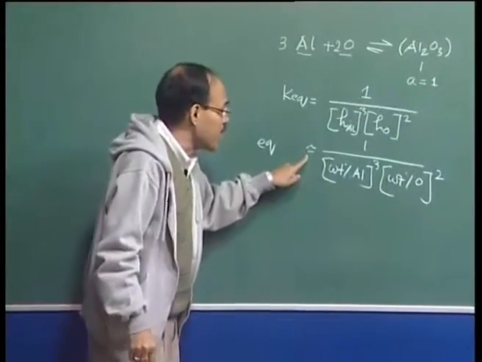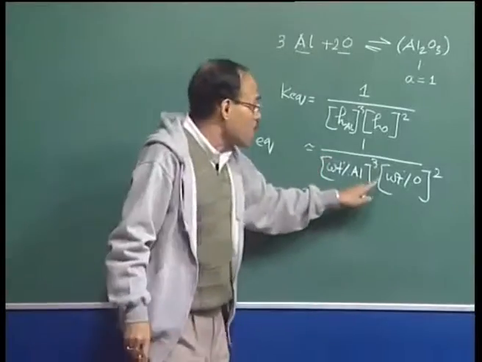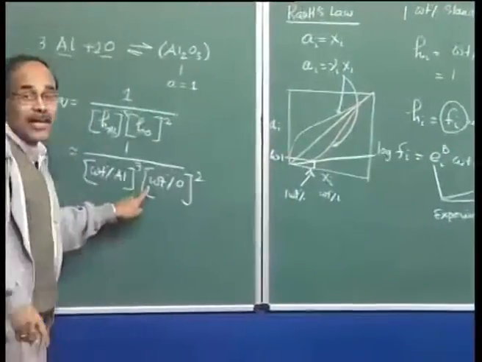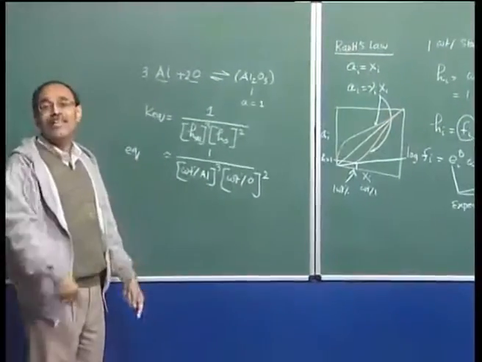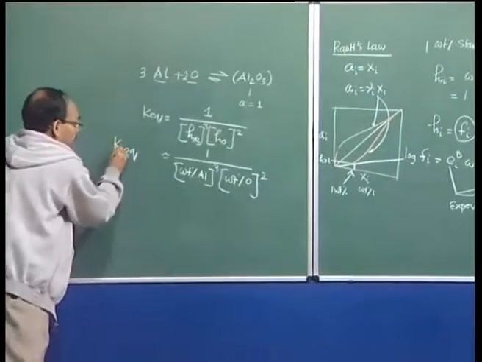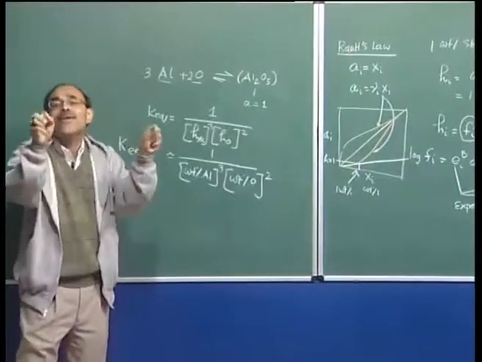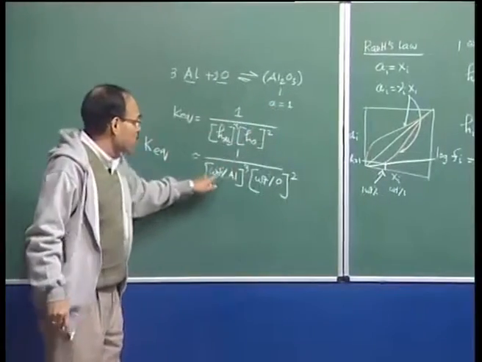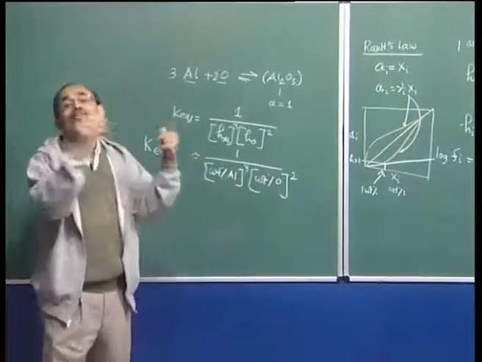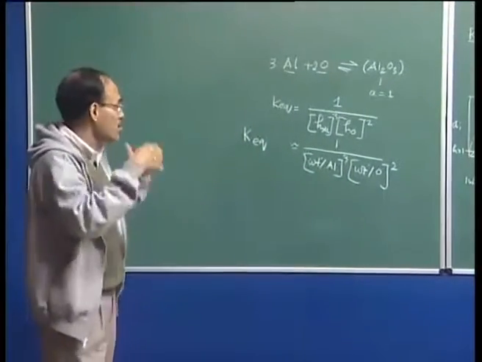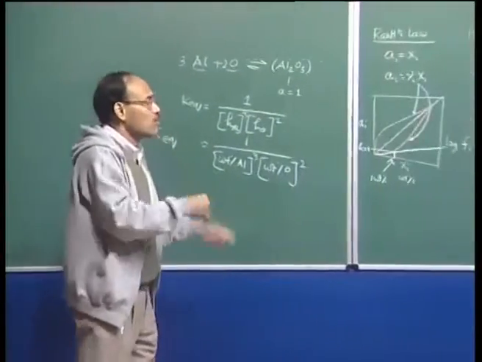So this sign is very important for us. This is an approximate sign. Otherwise, if there is a departure, we should have introduced the parameter Fi into this calculation, and it would have made the calculation a little bit more tedious. If I substitute in this particular form, I should be able to use a simple calculator and solve it, but the moment I introduce Hi values here, HAl and HO, the calculation becomes complex. We have to take into account manganese concentration, sulfur concentration, silicon concentration, and as a result we will require